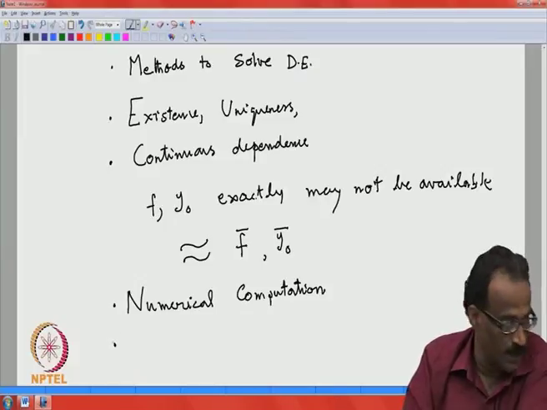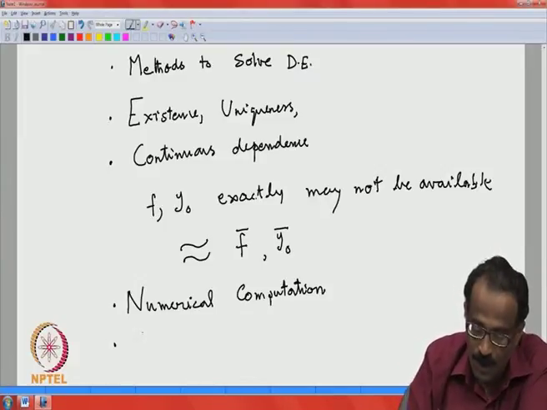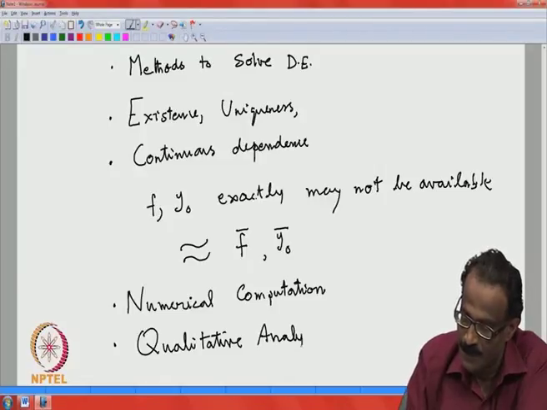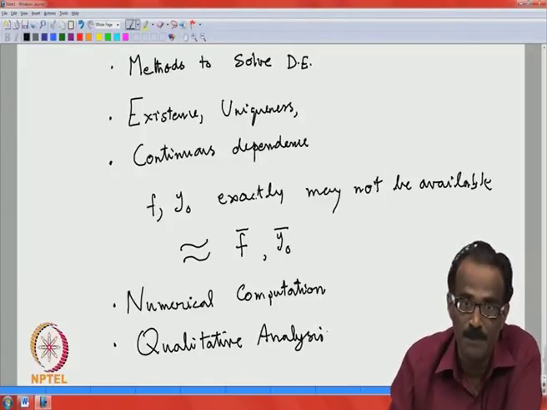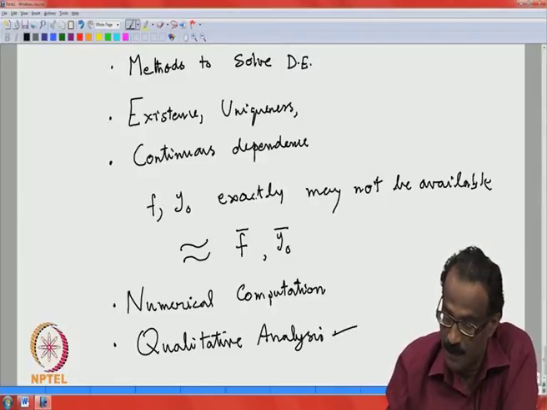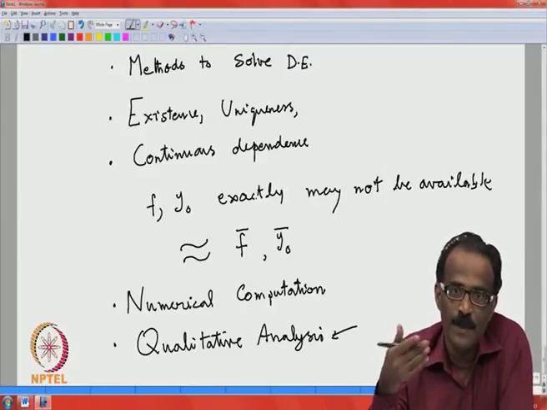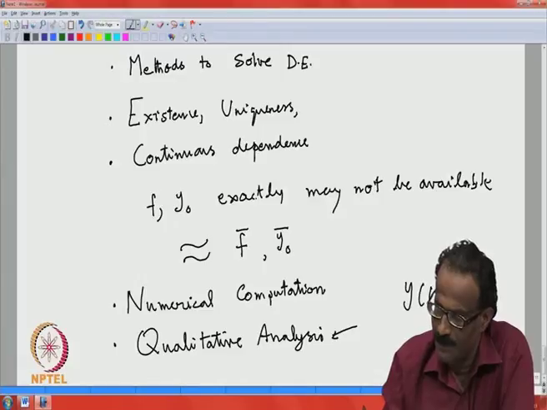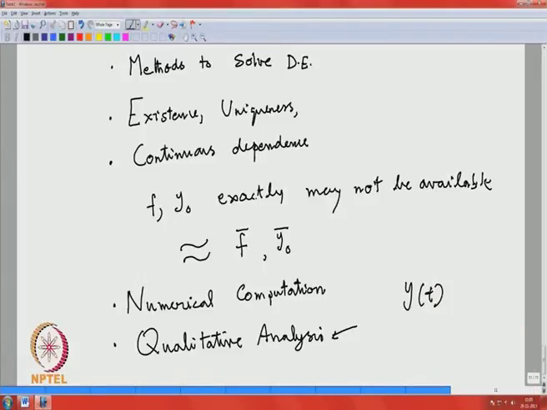And the last and important part which we will be covering is what is called the qualitative analysis. You see, this also has multiple purposes. One of the reasons is that in many situations you may not be interested in the actual solution. For example, if y(t) is the solution, you do not want to know what is y(t) at each time. Your interest is what happens to y(t) as time progresses. You may not be interested in the whole path,